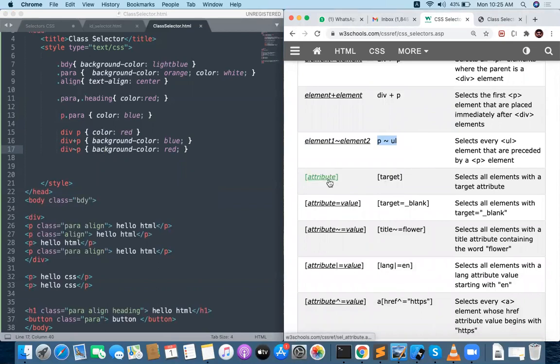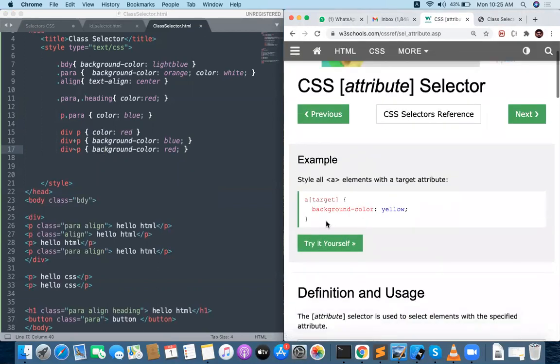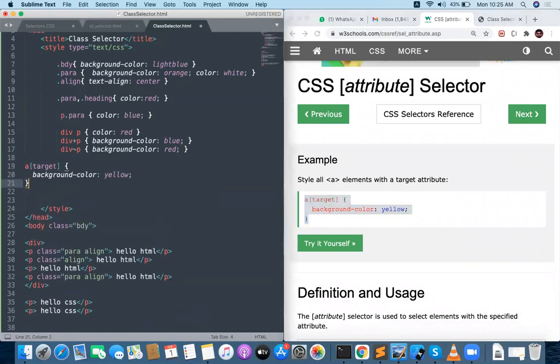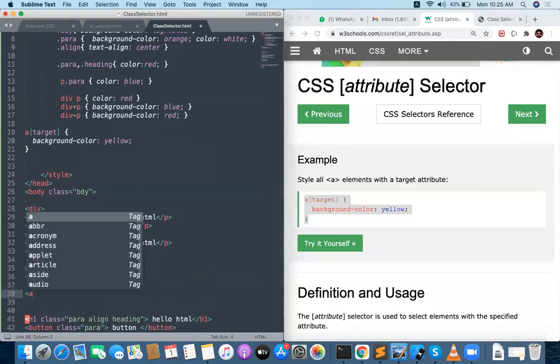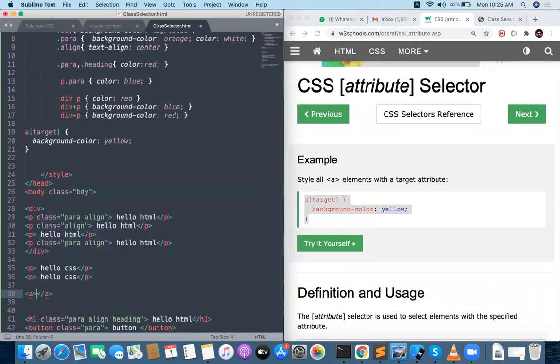And the attribute selector. So what is the attribute selector? How to apply the attribute selector? For a target, the background color should be yellow. Okay, we don't have any hyperlinks over there, so let me take some hyperlinks here. A, this is Google.